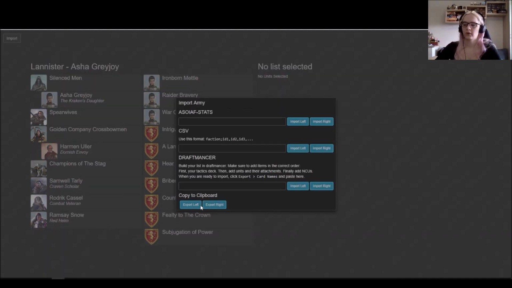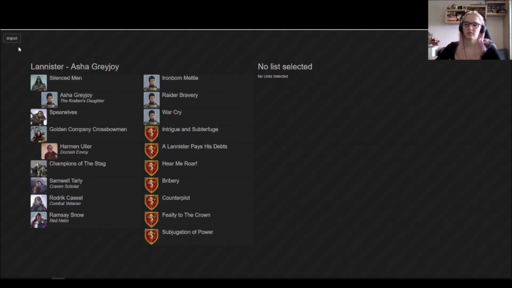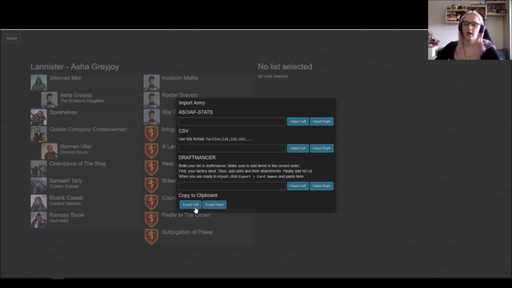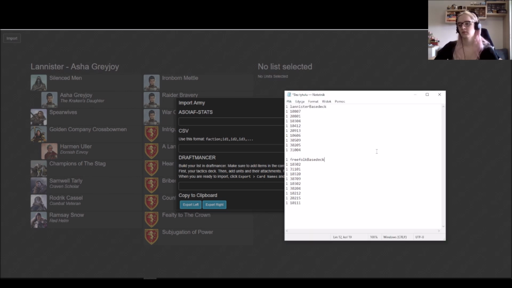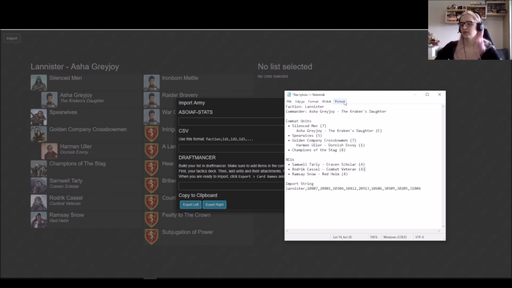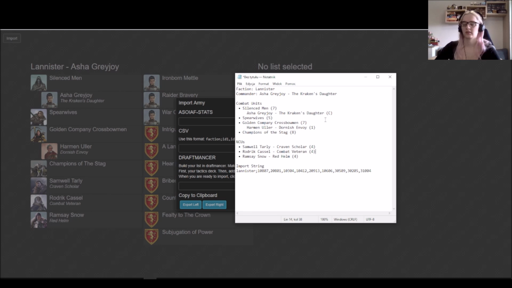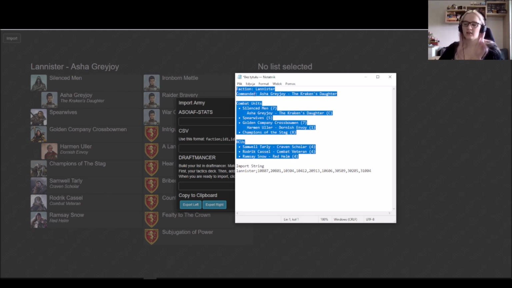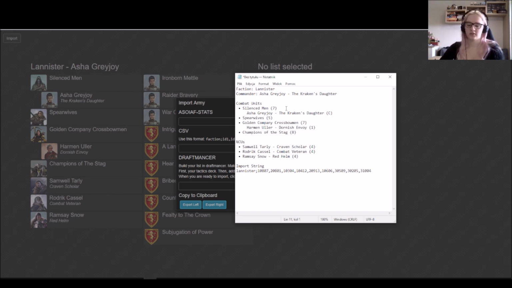And now when I want to use it for TTS or just save it down in nice readable form, I go to import, I press export left, and what I get now is this. So it's the same text you get when exporting from ASOIAF stats. And in this format, you can send the rosters to us. So we will be doing the tournament manually. So you will need to just send us your list, and later we will create some sort of Google folder